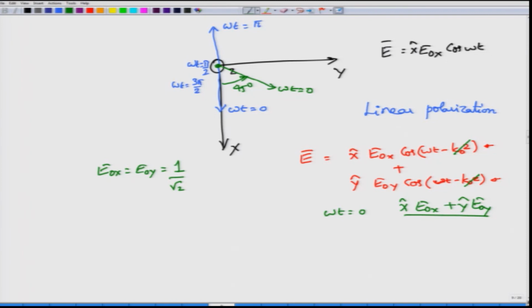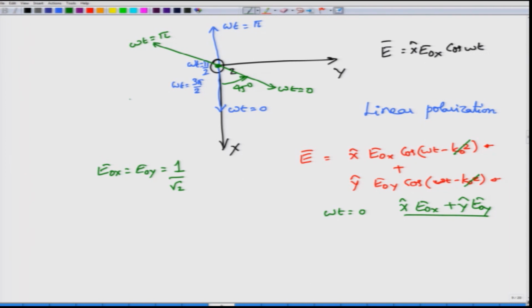So, the electric field is at the origin, and at omega t equal to pi, the signs of E0x and E0y, or the direction of Ex and Ey, will be reversed, which means that it is along the same line, but directed in the opposite direction, right. So, this would be the case at omega t equal to pi, and at omega t equal to 3 pi by 2, the field would have gone back to 0.